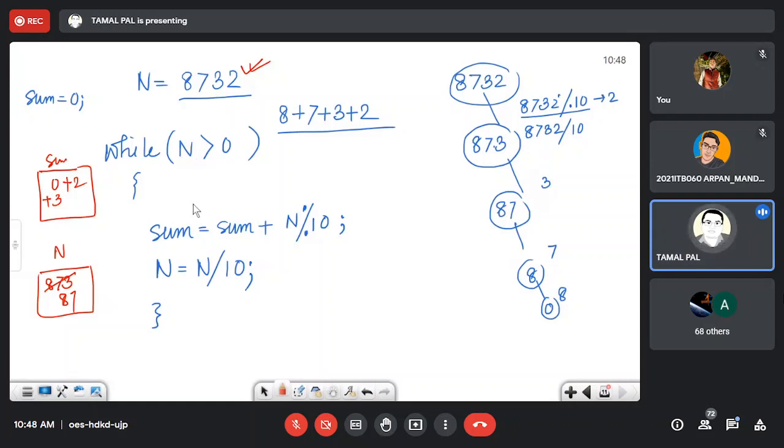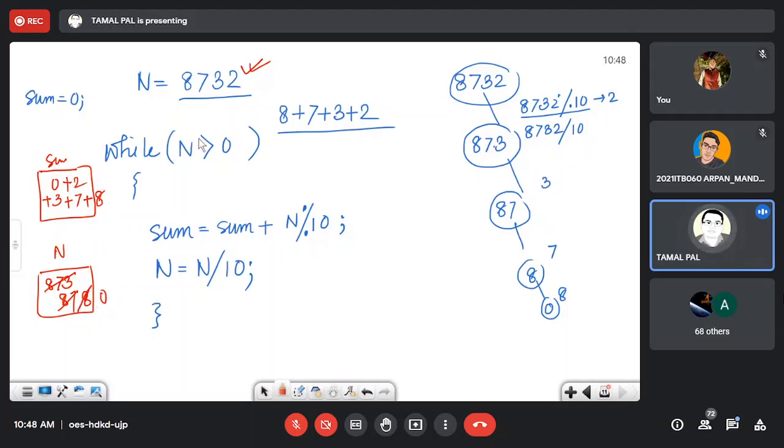Similarly, from 87 we extract the last digit 7 and make it 8, and finally we extract the last digit and make it 0.